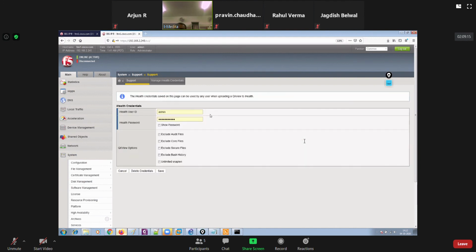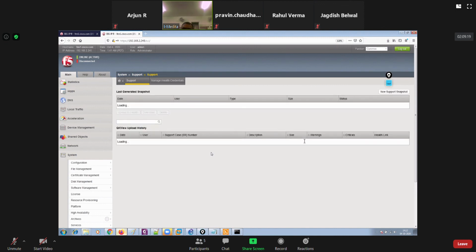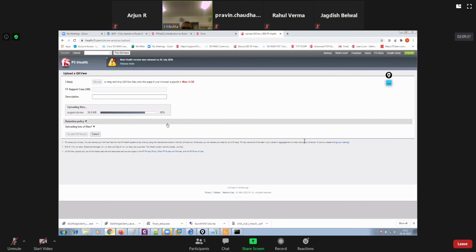While creating, it could also upload directly to the portal if this BIG-IP has internet accessibility, right? If this BIG-IP has internet reachability, then it can automatically upload this QKView file to the iHealth portal, so you will not need to upload it manually. That is also possible.